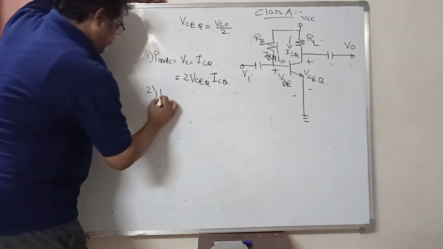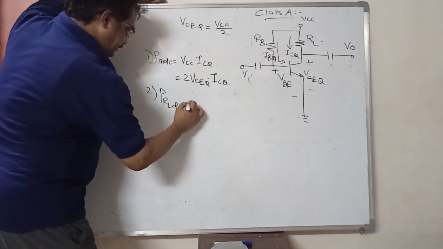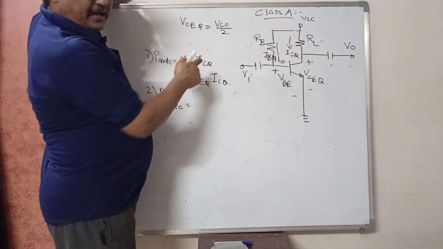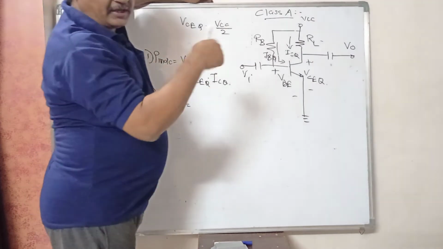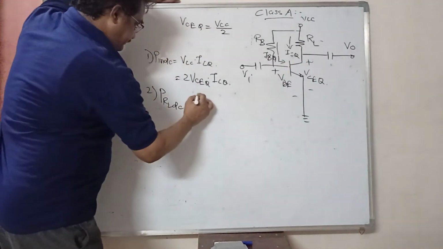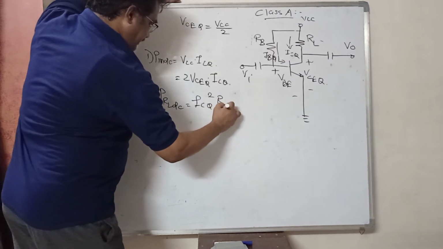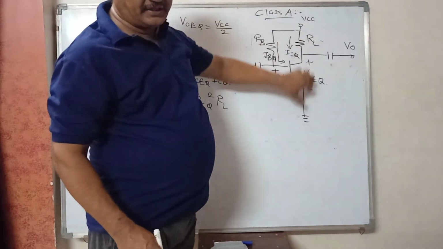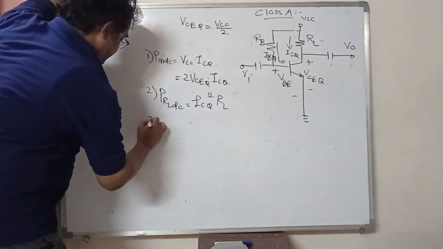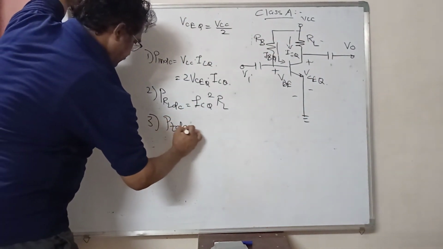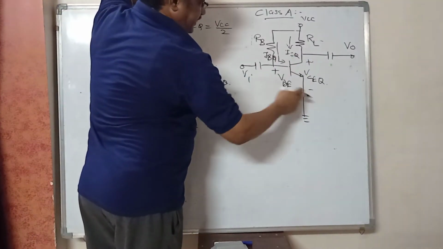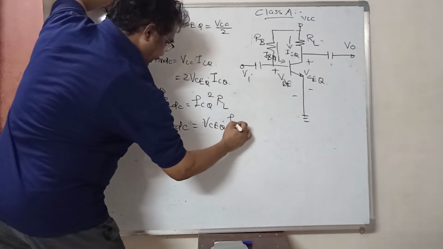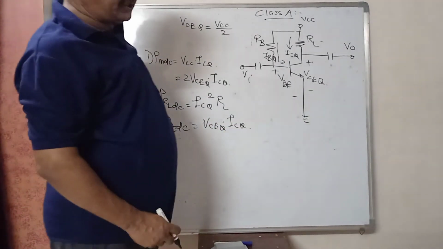So it starts from here, then it is given to the resistor. The resistor power is also DC. Power is calculated either as V into I or I squared R. So the current is ICQ, giving ICQ squared Rn. Then the power is given to the transistor. So what is the transistor dissipation? The voltage is VCEQ and the current entering is ICQ, so VCEQ into ICQ. That's it, the transistor dissipation.